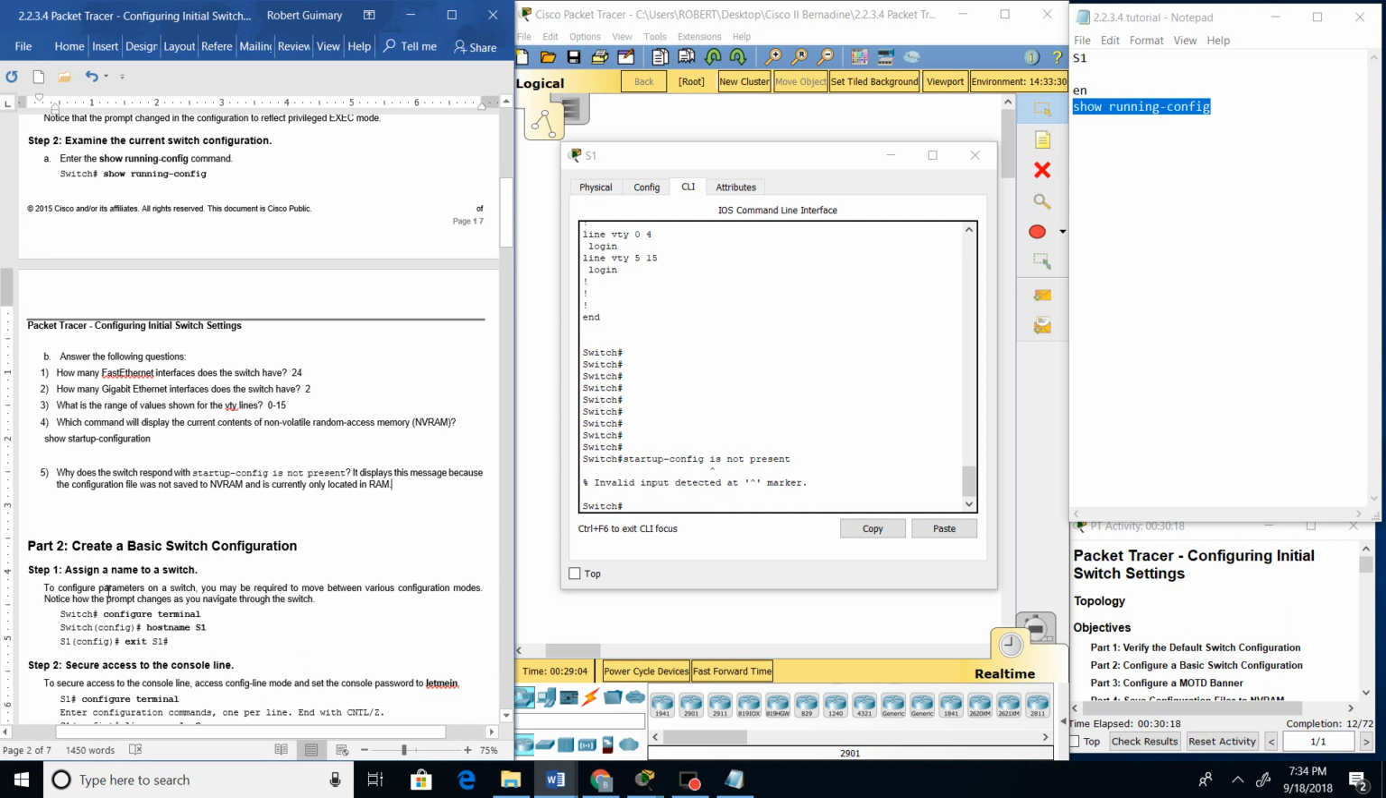So to configure parameters on a switch, you may be required to move between various configuration modes. Notice how the prompt changes as you navigate through the switch. So let's add some more commands to our notepad. The next command that you would put in is configure terminal, and you can actually abbreviate that to config t. That's the same thing. And then hostname, we're going to give it the host name that we have here on our document, hostname S1,